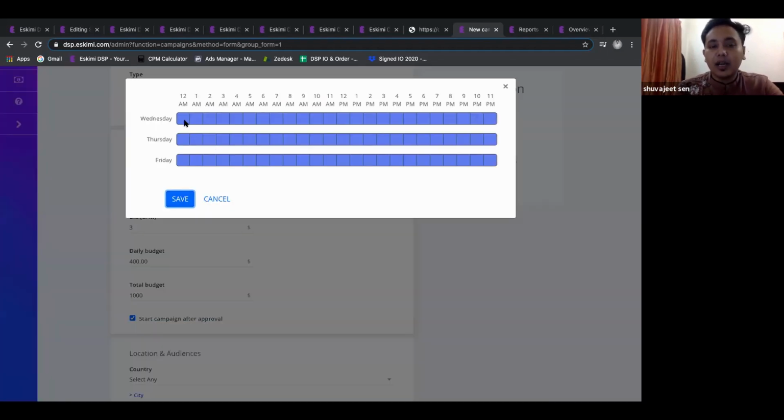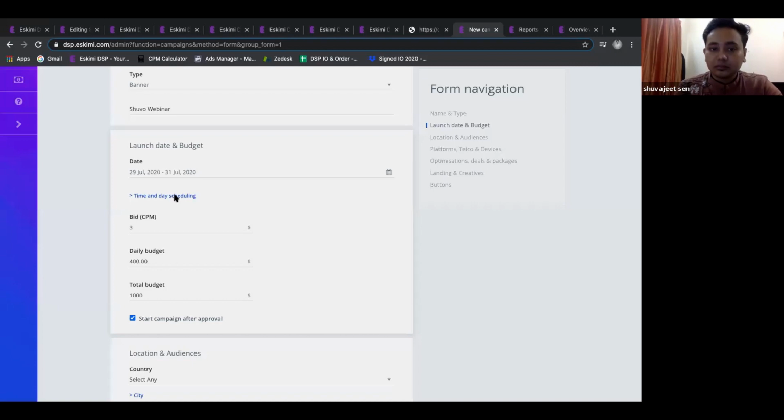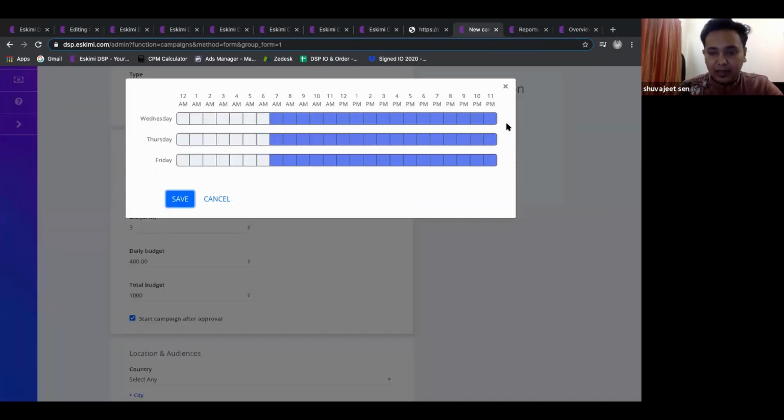And here we have the time and day scheduling. So if you want your ad not to run from 1 a.m. in the night to 6 a.m., or maybe 12 a.m. in the night to 6 a.m. in the night, then you can do that, because these are the active times from the users most of the time. So yeah,